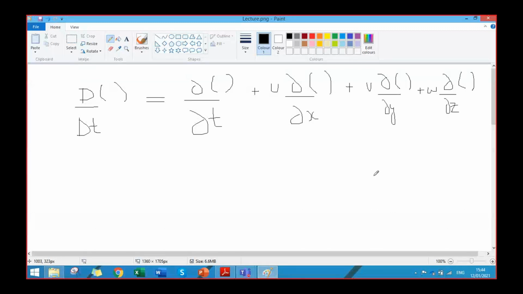v, and w are the velocity components along the x, y, and z direction of the velocity field or the velocity vector. The velocity vector v is equivalent to ui plus vj plus wk. So u, v, and w are the components of the velocity along x, y, and z direction. And then we solved some problems related to the